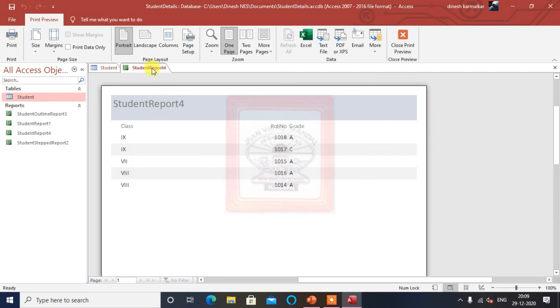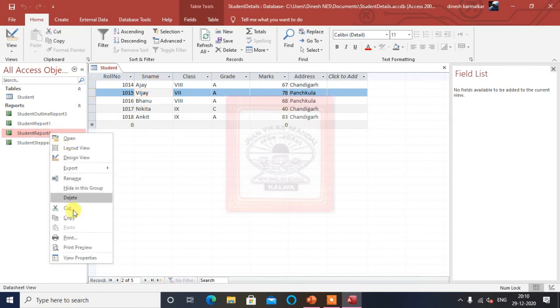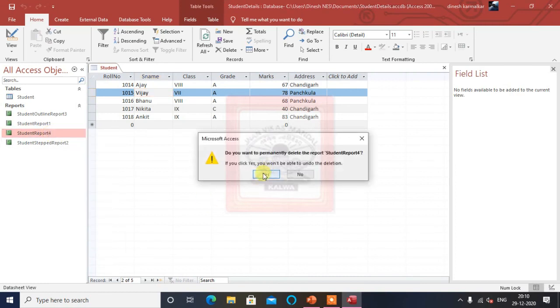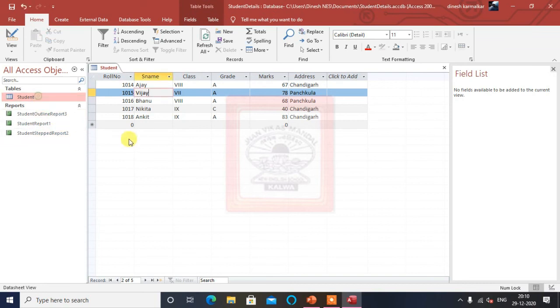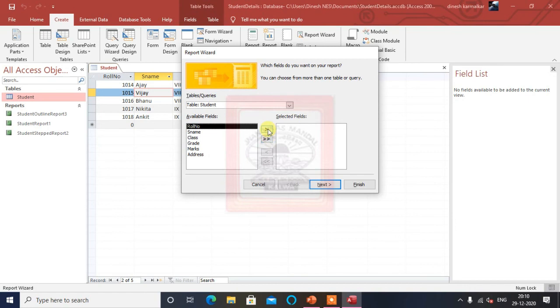Or we can create this report differently. We'll close this, and we will create this 4th report again. I will take here roll number, then class, and then I will take marks.